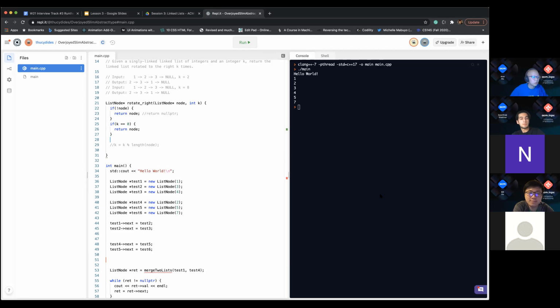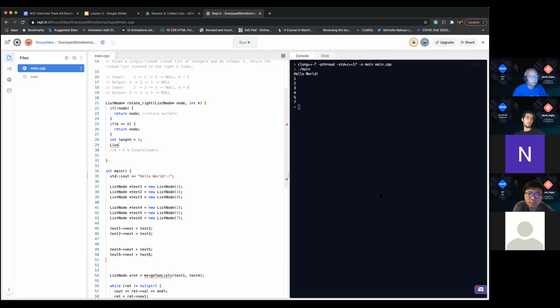So we can initialize our length, because we know for sure there's at least one node after checking the first if statement, if there is a node in the first place. So we can initialize our length to 1. And then we're going to be keeping track of the head of our original list, just because after we traverse it, we wouldn't be able to come back to it. So let's call this OG head, and then, while node.next is not null,